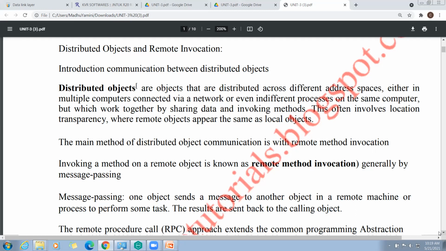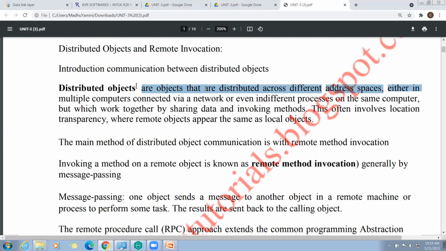See here, in distributed systems, the highlighted points which I will highlight: the distributed objects are the objects that are distributed across. You must remember, an object is nothing but a software component. An object is not a physical component.